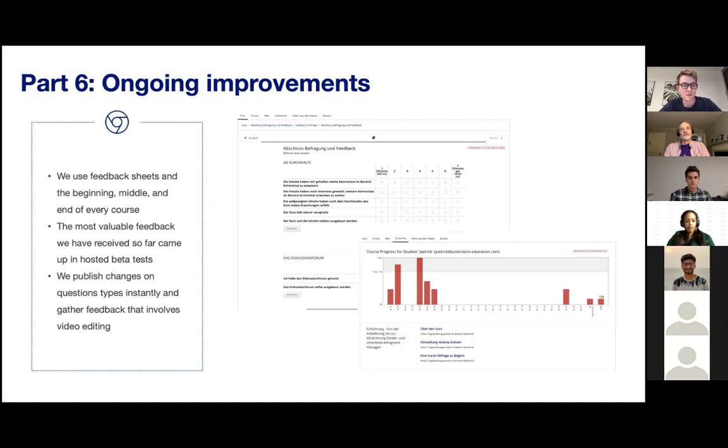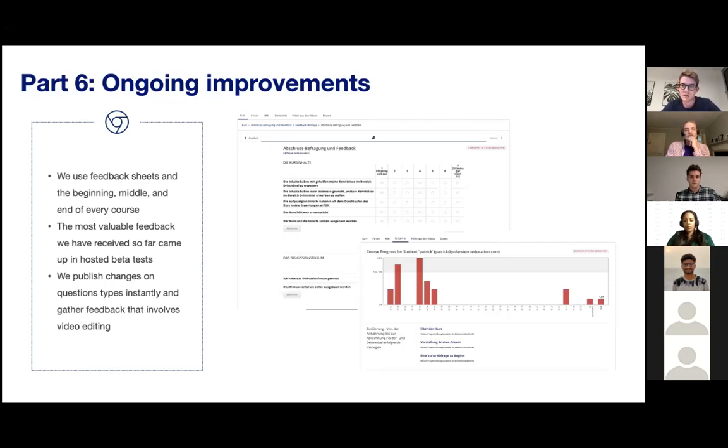I think that's important. And then the most valuable feedback, just from our experience, comes from the beta testers, where we actively ask them to go in and review the courses, and they know that their role is to review these courses. Once we receive this feedback, or just the analytics, and we write down all the improvements that we could take, we split them into 2 groups.